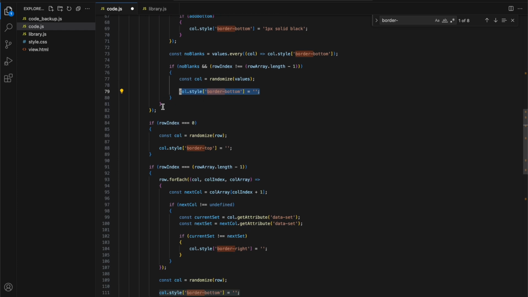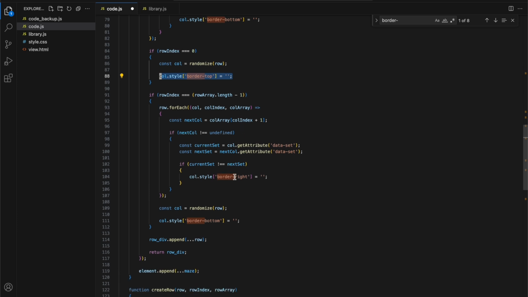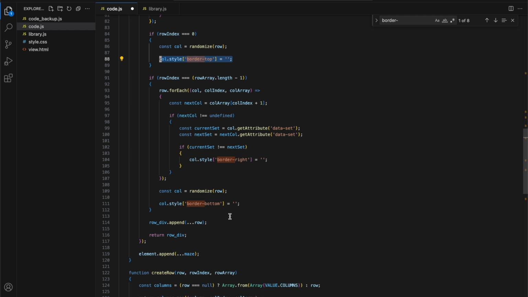We got something else going on here. If row index 0, so this is the top row once again. And the top row is an outer border. So we have another outer border to add that we didn't see before, because it wasn't down in the if block. So this one's also a border top with a blank string or an empty string. And if we keep going down, this one's an inner border, that's empty. Border bottom, this is also,